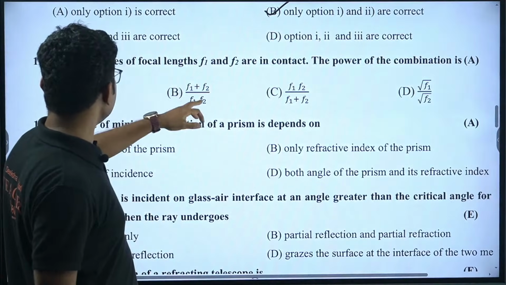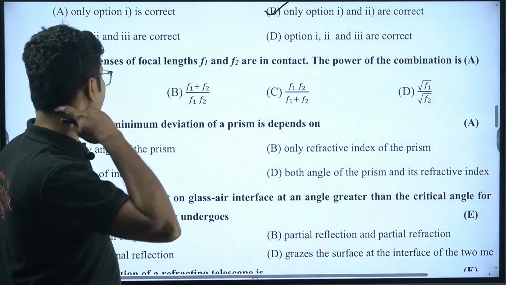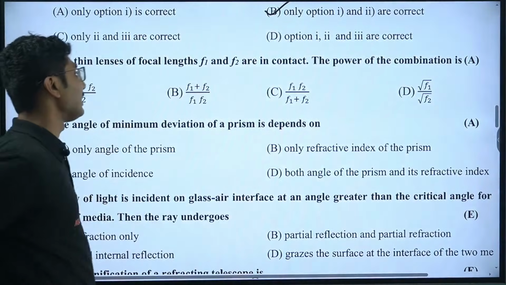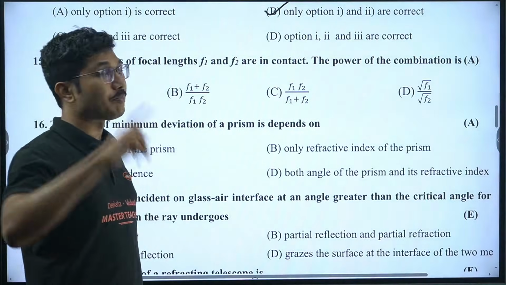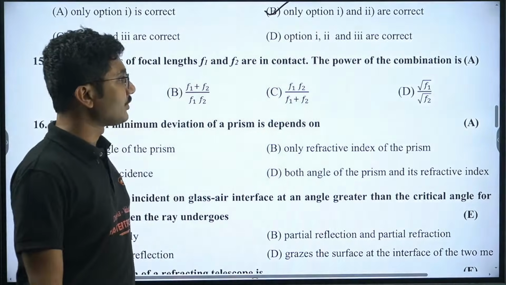This one, B; this one, C; this one, D; that one. Okay. Two thin lenses of focal lengths F1 and F2 are in contact. The power of the combination is given by